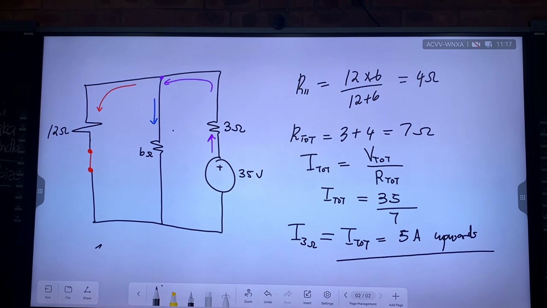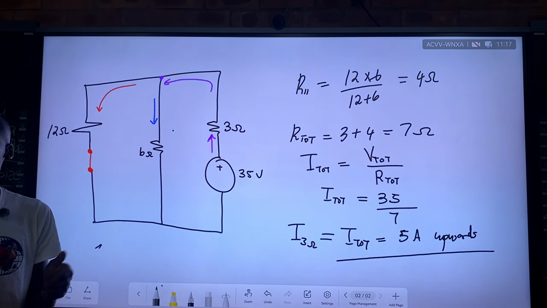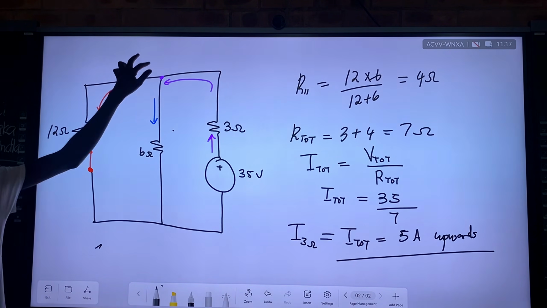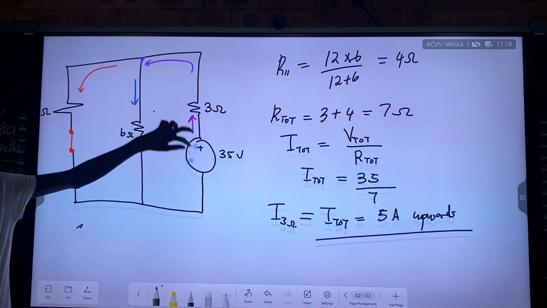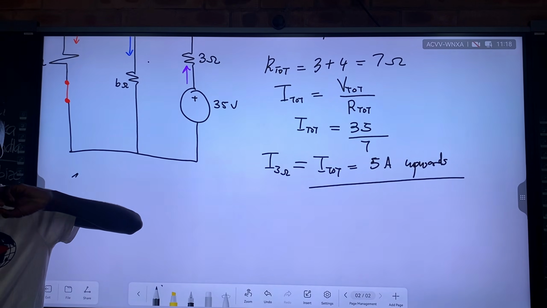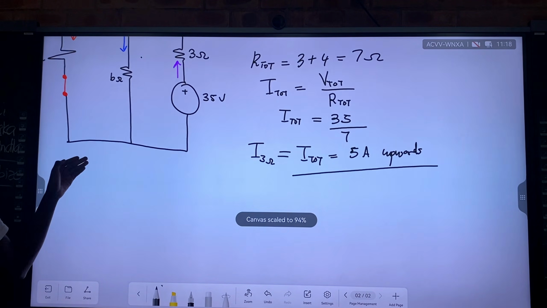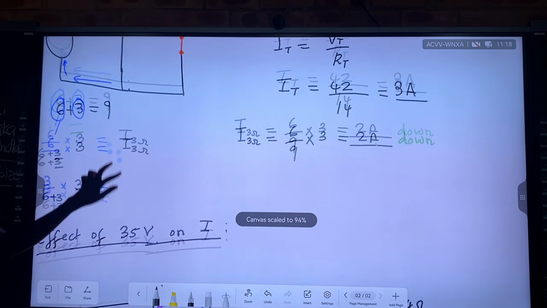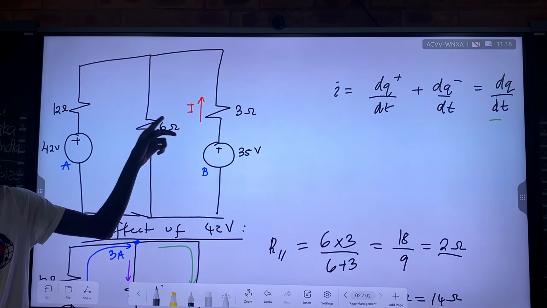So at this point, you now know uthi all the power source, both the two power sources, that are contributing current to u-3 ohms resistor. All of them are an effect engakanani. The first one, it had an effect of bani of 2 amperes down, and the second one had an effect of bani 5 amperes upwards. Sayibona in leyo nto. So what is the total effect, which is the current u-I esifunayo? Hlale sifuna le current thina u-I, which is the total effect of current.